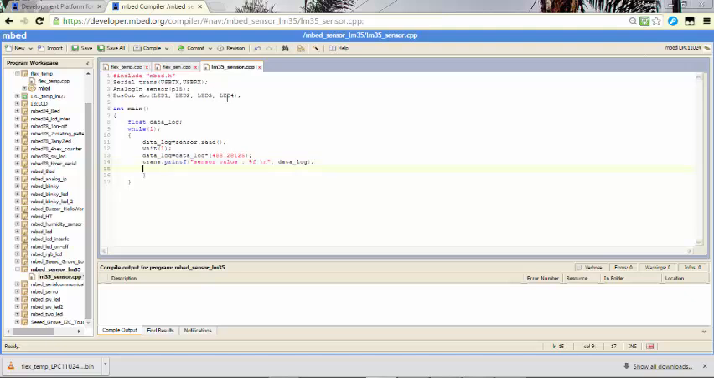Now I will use one indicator using my LEDs. That is, if my value is coming more than 50, then it will indicate some pattern by LEDs. If it is below the limit, then it will indicate another pattern. So I will write here: if data log is less than 50, then what I have to do,